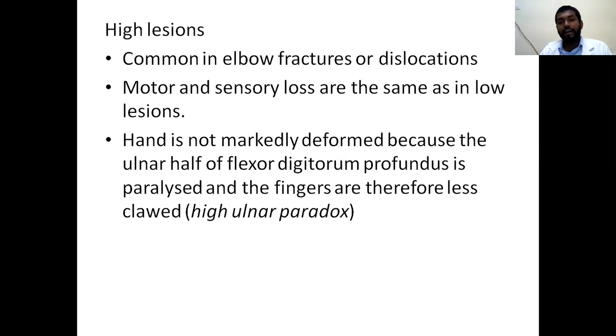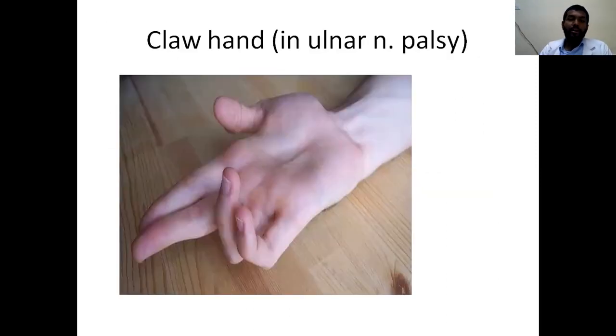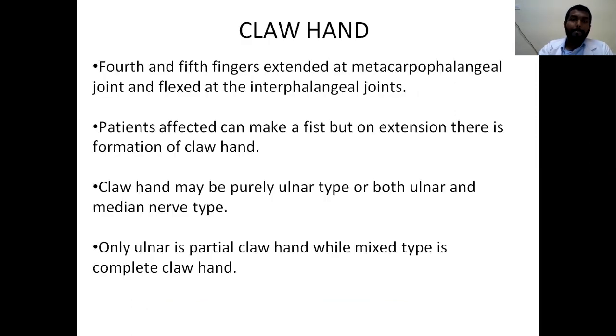This is called your high ulnar paradox. In ulnar nerve, if a low lesion is there, there is claw hand, whereas if there is a high lesion, there is less clawing. Now this is your claw hand with an ulnar nerve lower part damaged. And you can see that the fingers supplied by the ulnar nerve, that is the ring and the little finger,